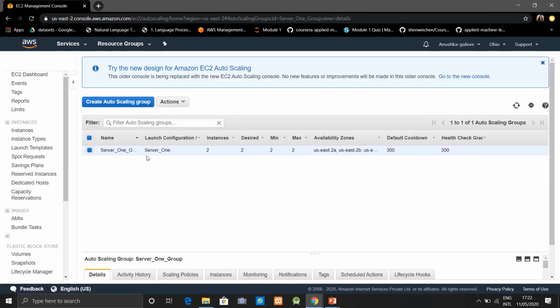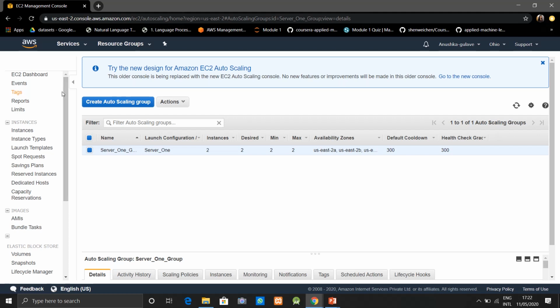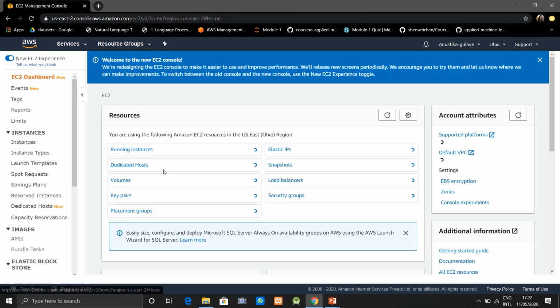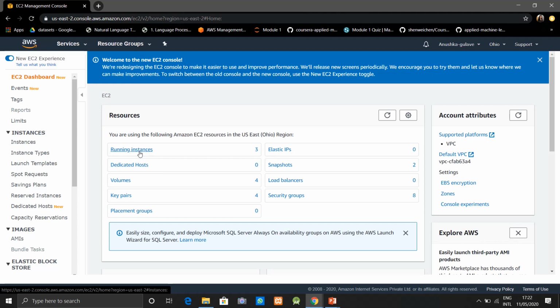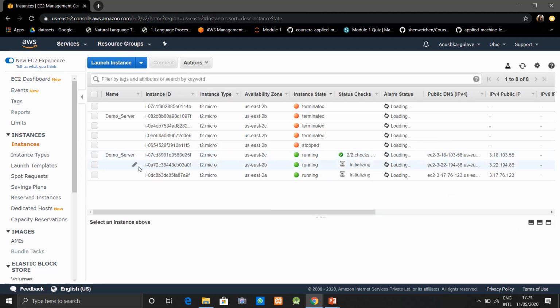Okay. Now this is our auto scaling group. So let's go to the EC2 dashboard. As you have already seen, the first time we created only one instance, which is named demo server, and now we have created the auto scaling group, and then you will see that the number of instances will be 3.